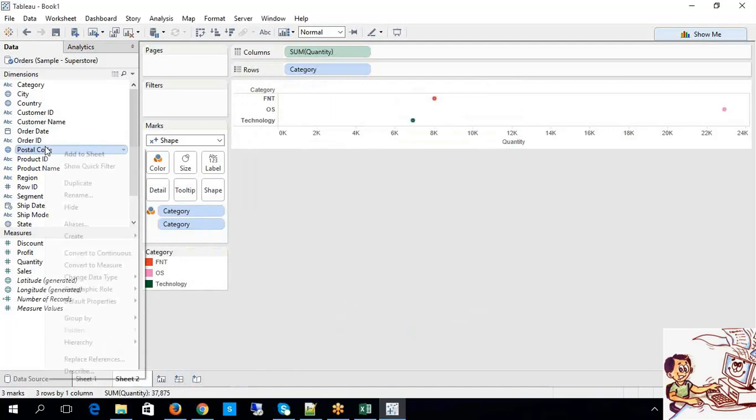Which is helpful for multi-dimensional functionalities, guys. Which is helpful for what? Multi-dimensional functionalities, multi-dimensions. I'm saying multi-dimensions. So what kind are they? Like